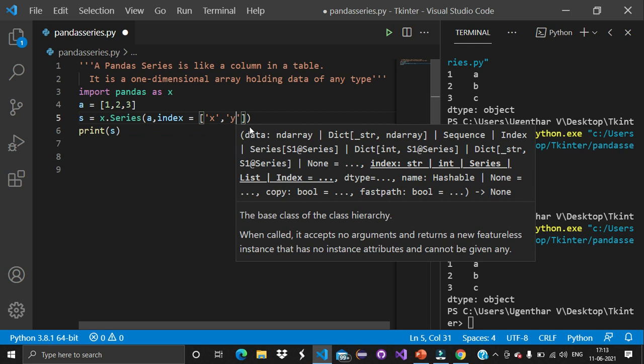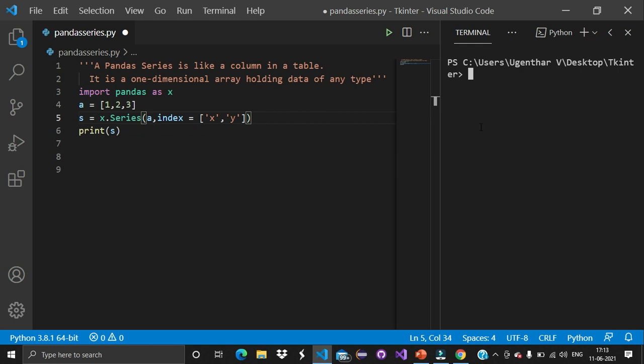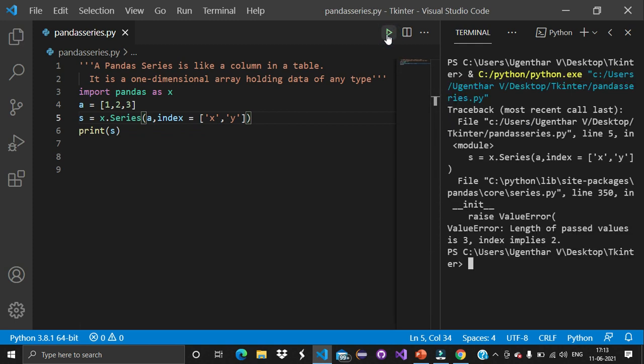Here the first column, that means the index values, has length 2, but the second column, that means the data column, has count 3. Let me check whether it will give the correct output or whether there may be any changes.